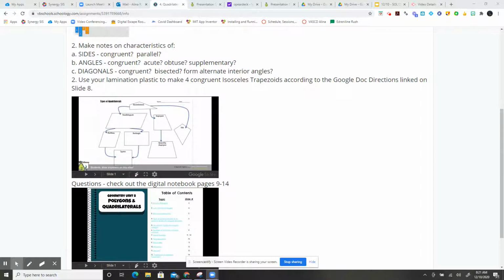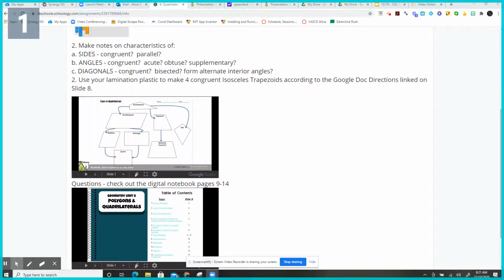So does everybody have these? Yes? Like I said, if you don't have them, you can just draw them on a piece of paper, but you're going to want to draw them on a piece of paper so you can make the markings. You'll also have them in the Google Slides, so you can mark them there, or you can mark them in your digital notebook. So let me share my screen again,